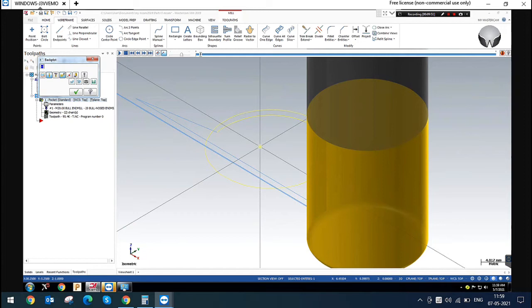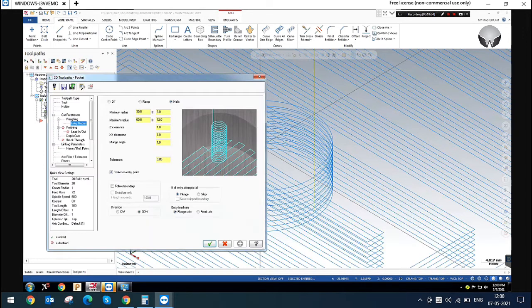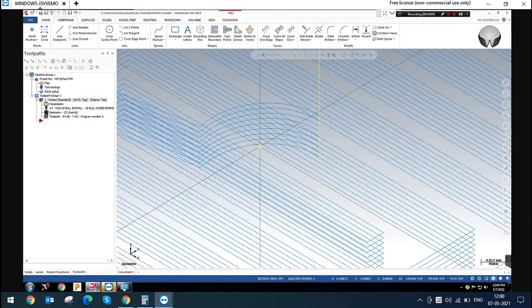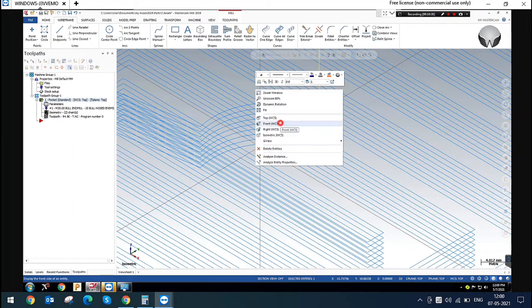You can see the helix will create a full arc and it will go in multiple passes to define the 1 degree only. And if you give a 5 degree angle, you can see, in between this circle radius, the 5 degree will be enough.